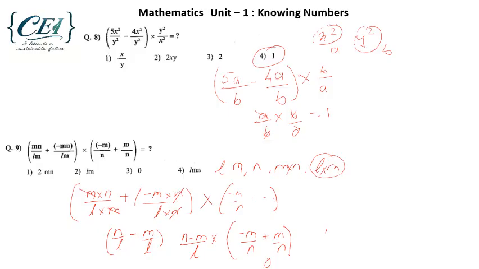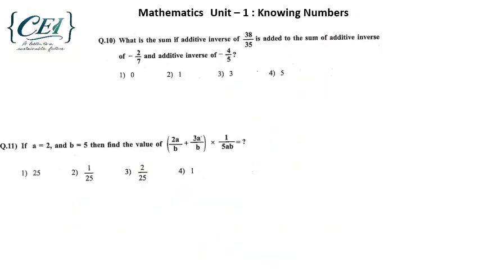So n minus m upon l into 0. Anything multiplied by 0 is 0. So answer is 0. Got it? Nice. Okay, so let us write